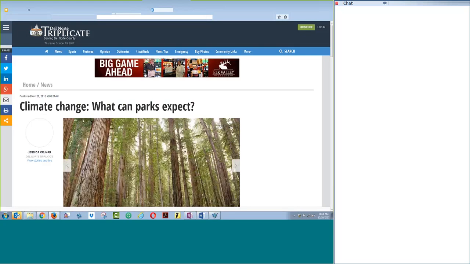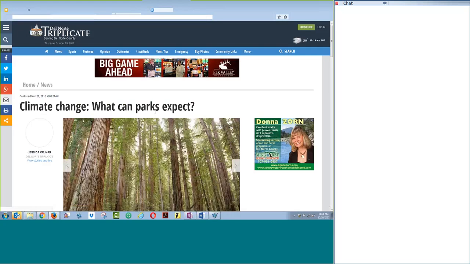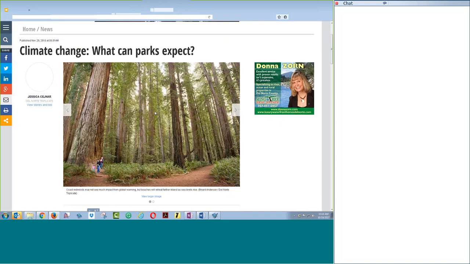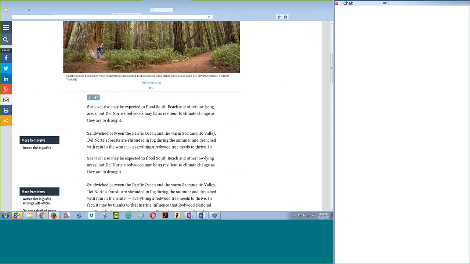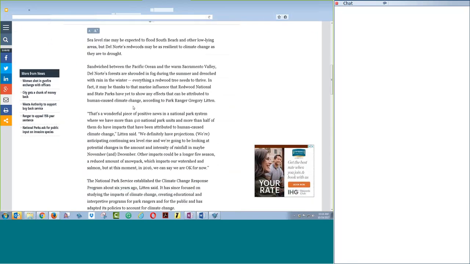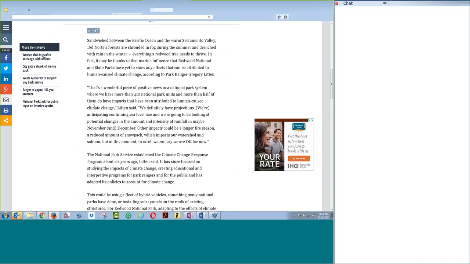They're taken to the news article about climate change in the national parks. And in here, if I recall this correctly, they did an interview with some individuals from the National Park Service and some of the studies that were being done. So then they would look for clues within this article to go to the, let me get back here,